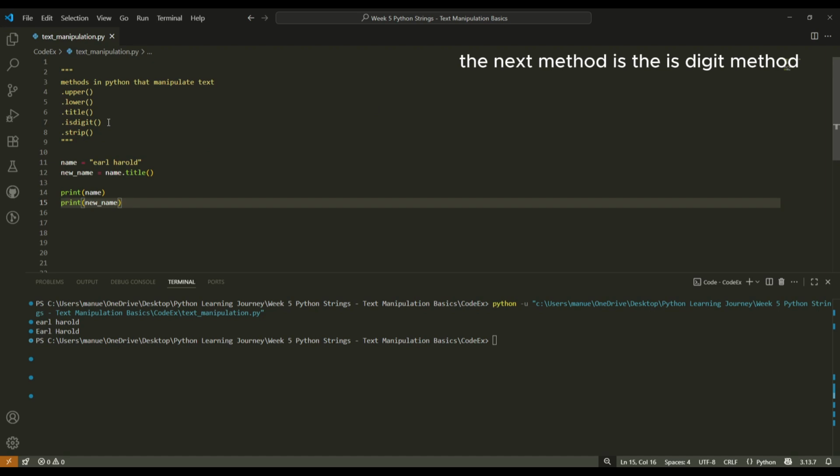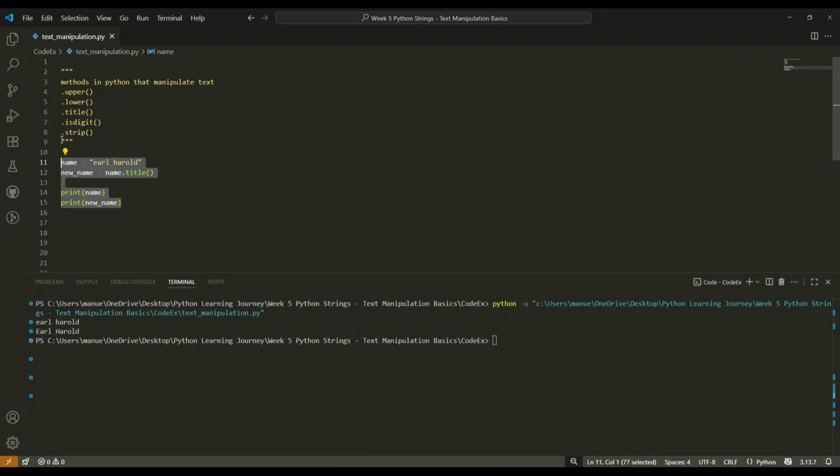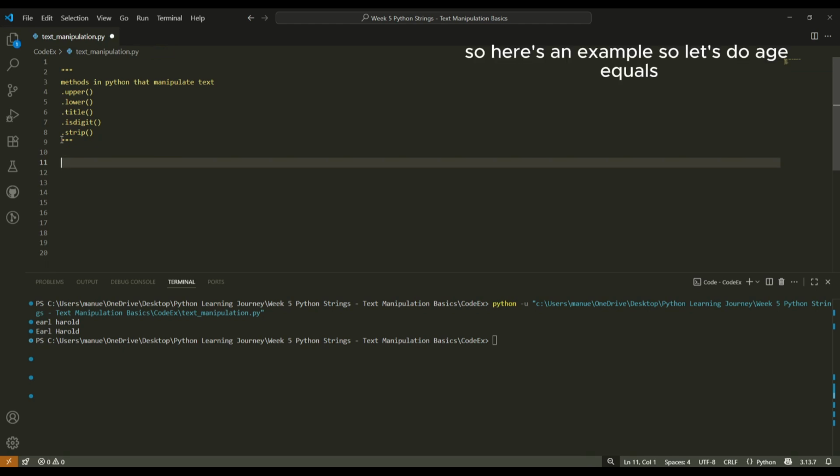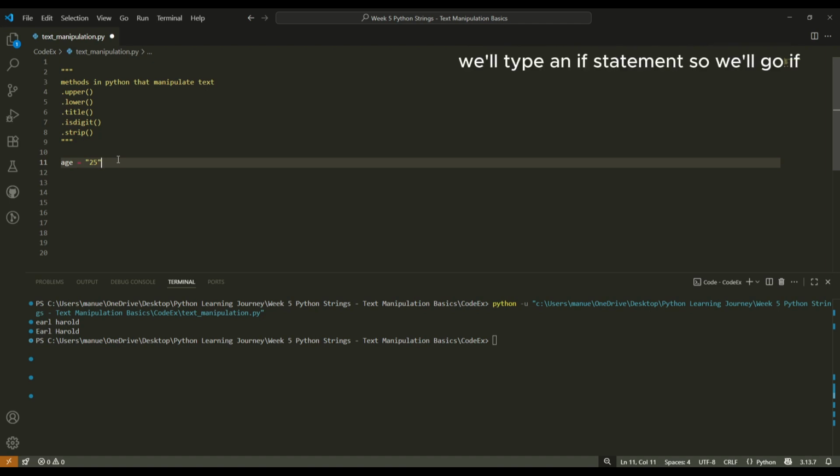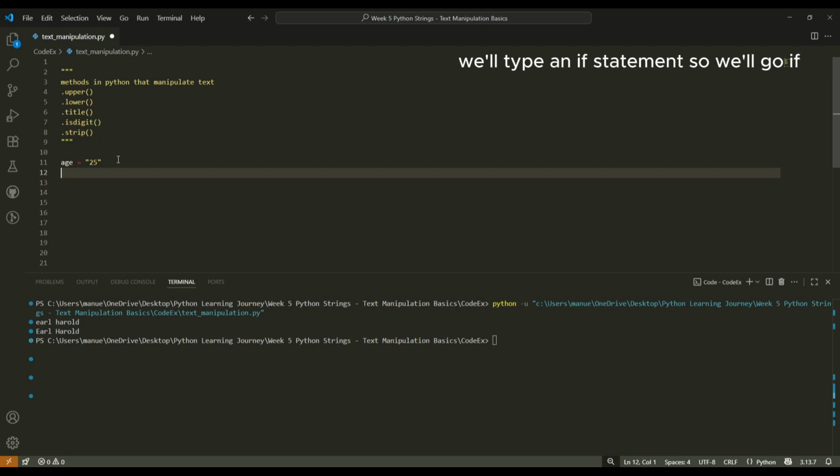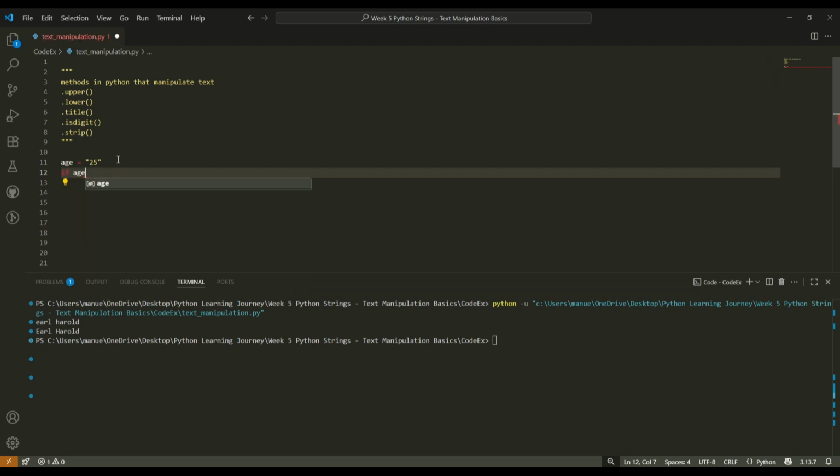The next method is the isdigit method. And what that does is it makes sure that whenever you type in a digit, it validates it. So here's an example. So let's do age equals 25. And how we check to see if this is a valid integer or digit, we'll type an if statement. So we'll go if age dot isdigit,